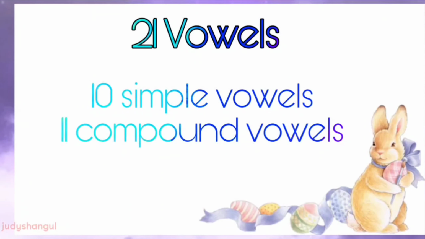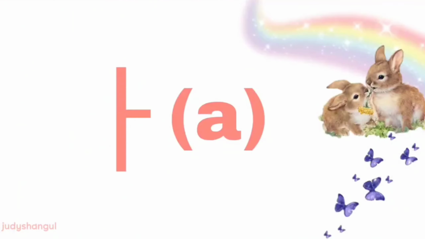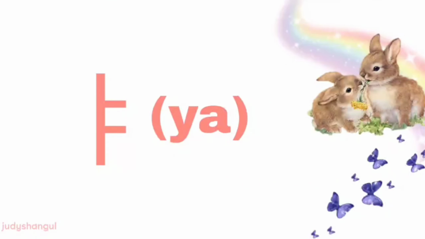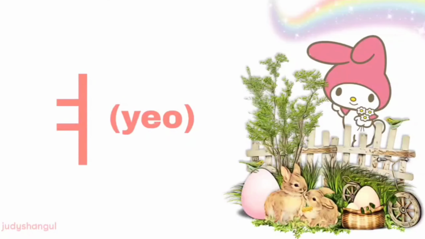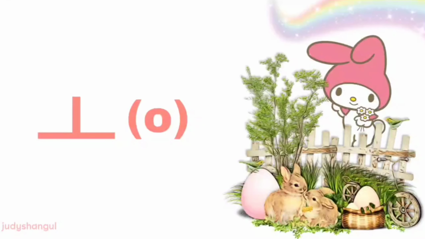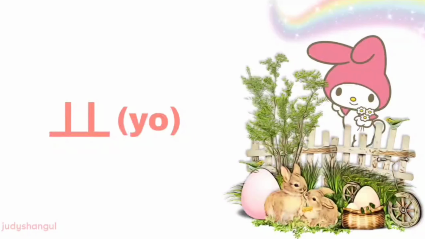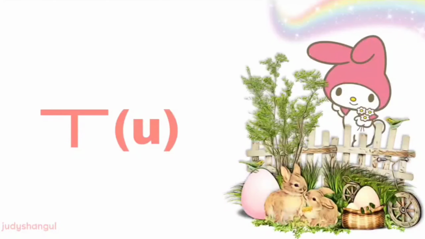Vowels are written from top to bottom and from left to right. Now please listen and repeat after me. A, ya, o, yo, o, yo, u, you,